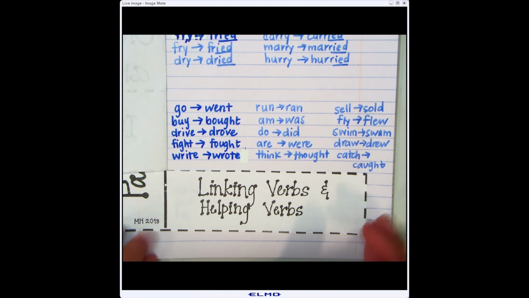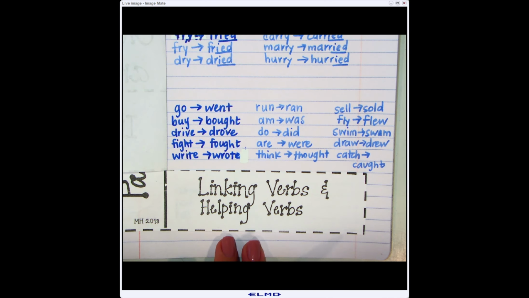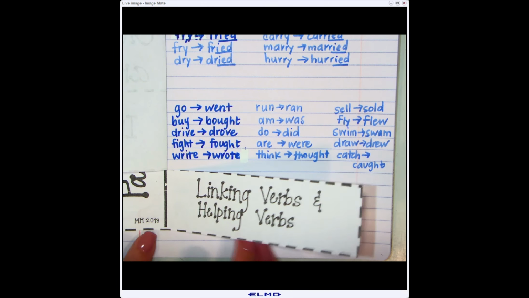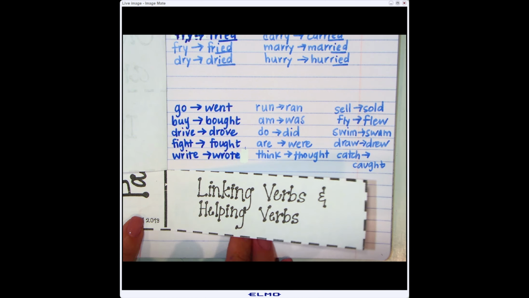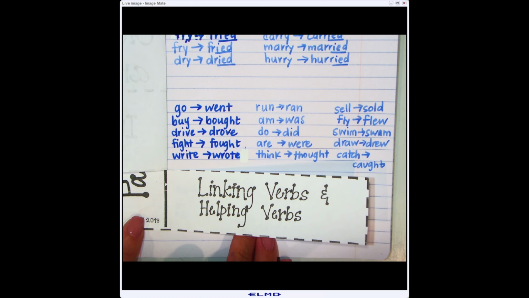We also talked about linking verbs and helping verbs. So why are these linking verbs and helping verbs? These verbs are special verbs that help us connect one part of our sentence to the next part of our sentence. For example, verbs that end in ing, like walking, talking, running, speaking, breathing, swimming, jumping, writing, thinking. We cannot just use those in a sentence by themselves. What does that mean? I cannot say I walking, I talking, he running, they walking, they selling, they swimming. I have to use one of these linking and helping verbs to help me connect or help me link those